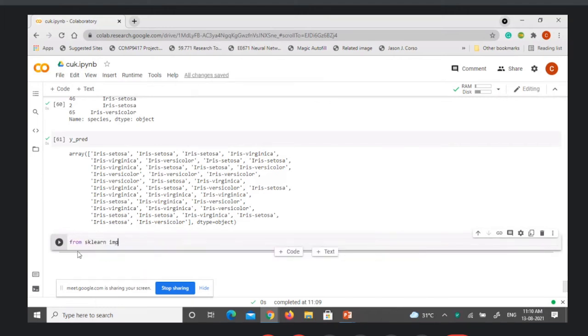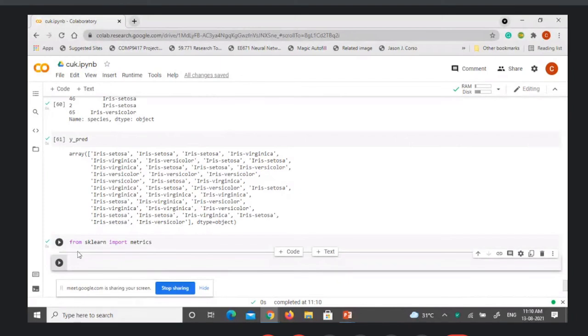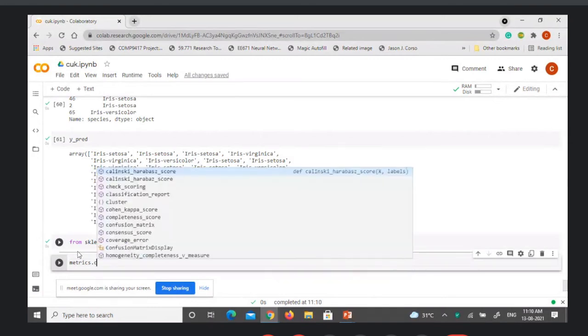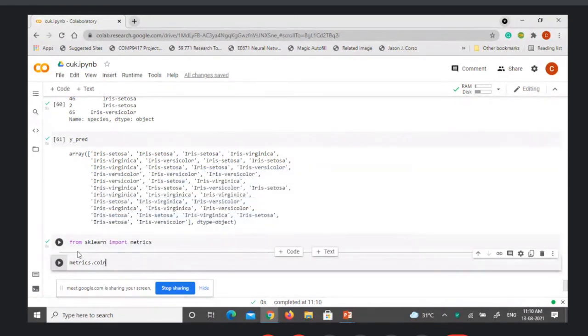From sklearn we import metrics, and using metrics you will have a confusion matrix.